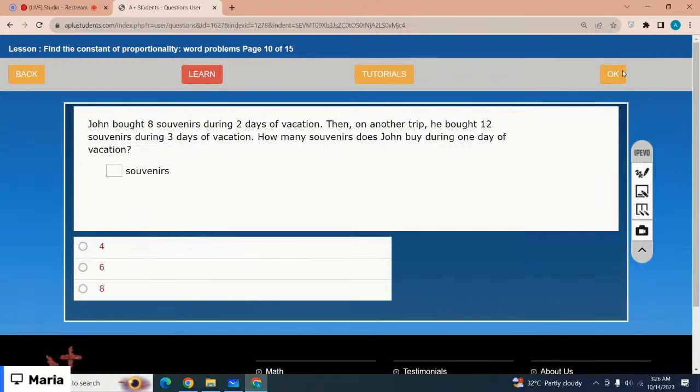Okay, the next one is John bought 8 souvenirs during 2 days of vacation. Then on another trip, he bought 12 souvenirs during 3 days of vacation. How many souvenirs does John buy during 1 day of vacation? Which is the correct option? The correct option is